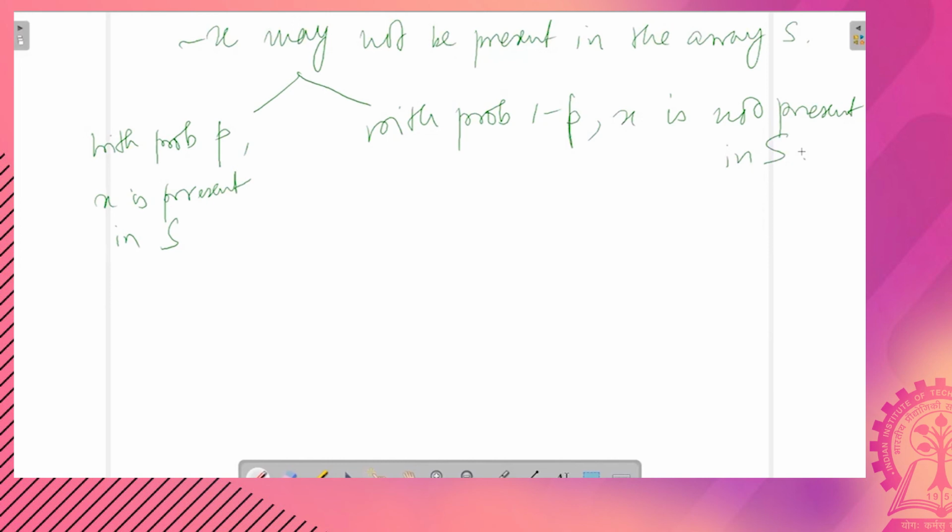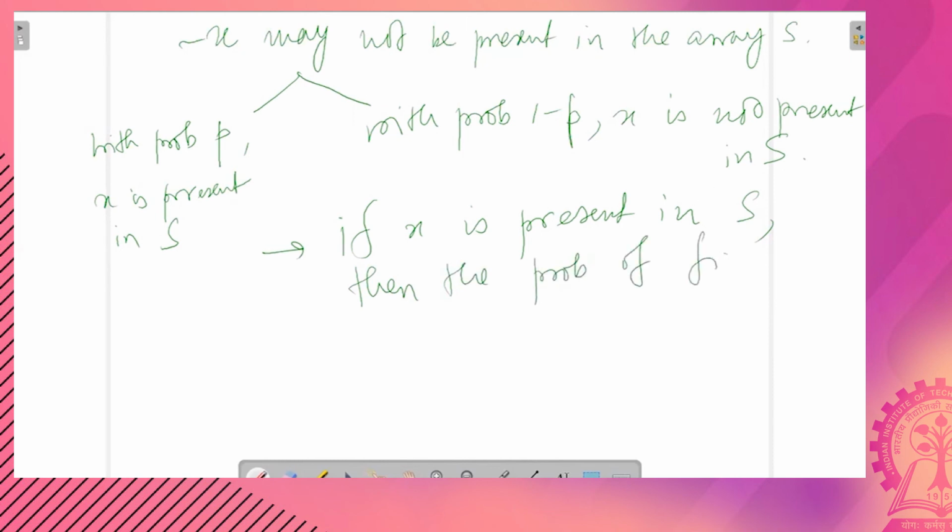Now, if x is present in S, then the probability of finding it in a position is simply P by n.